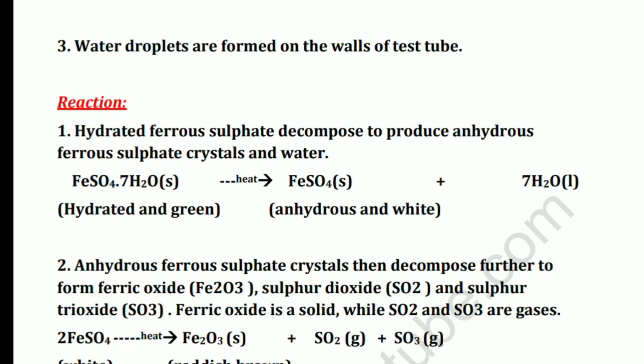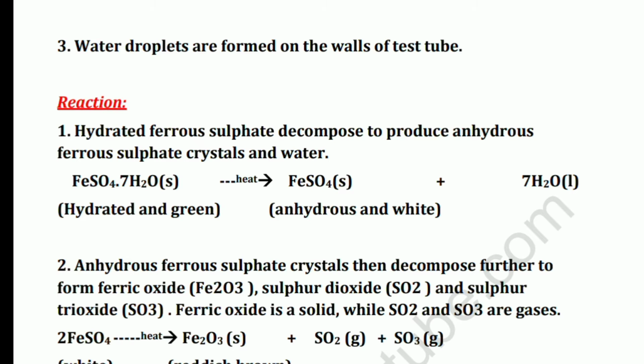So you cannot see it as free water, but still it is there, and it imparts color to the crystals. So the green color of ferrous sulfate crystals is due to this water of crystallization only. And as per definition, it is the fixed number of water molecules present in one formula unit of a salt. Okay, means with one formula unit of FeSO4, you will have 7 molecules of water. Okay, so it's fixed, it will not change. And this is what is giving green color to ferrous sulfate crystals.